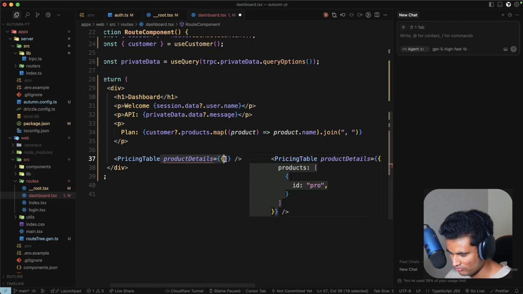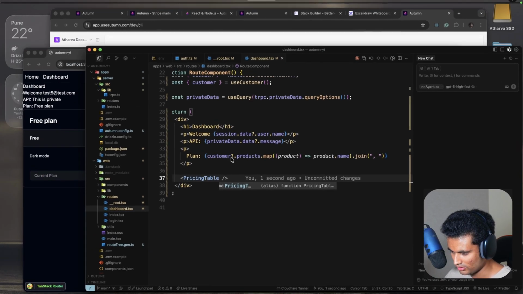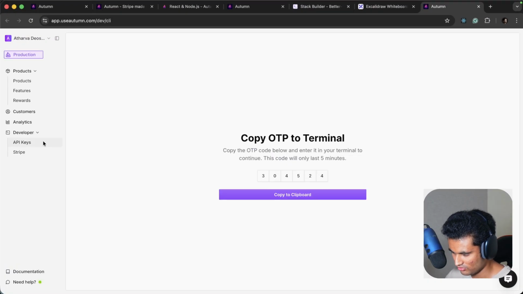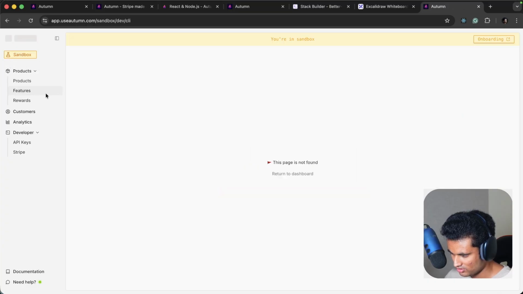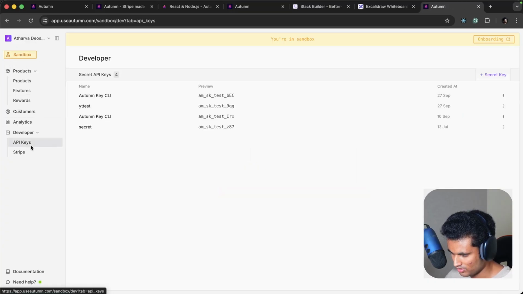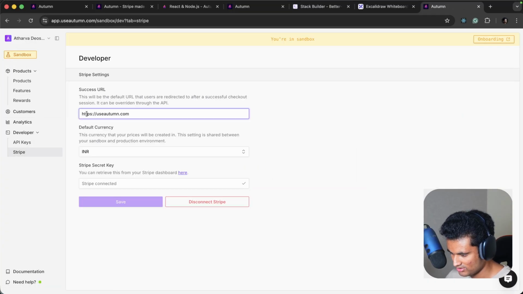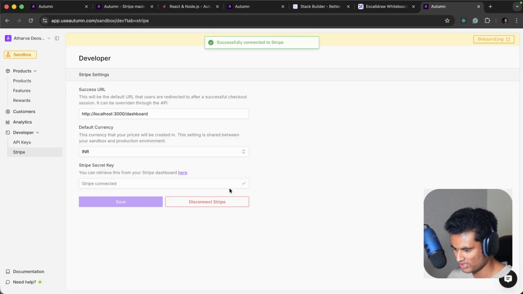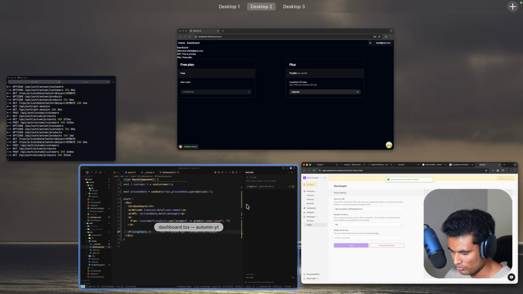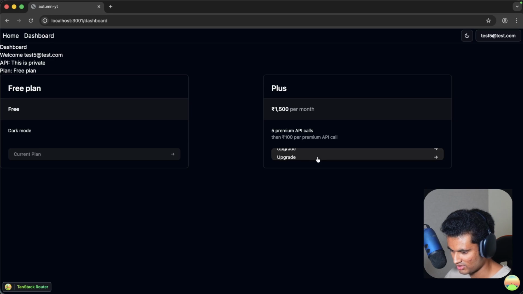So we need to go into Autumn and do that. I thought there would be some override here because last time I didn't do that. So let's go to sandbox again, and I'm going to go to Stripe, and I'm just going to say http://localhost:3000/dashboard. Hopefully this works. Okay, successfully connected to Stripe. Now, if we go back and refresh this just in case, and I click on upgrade,